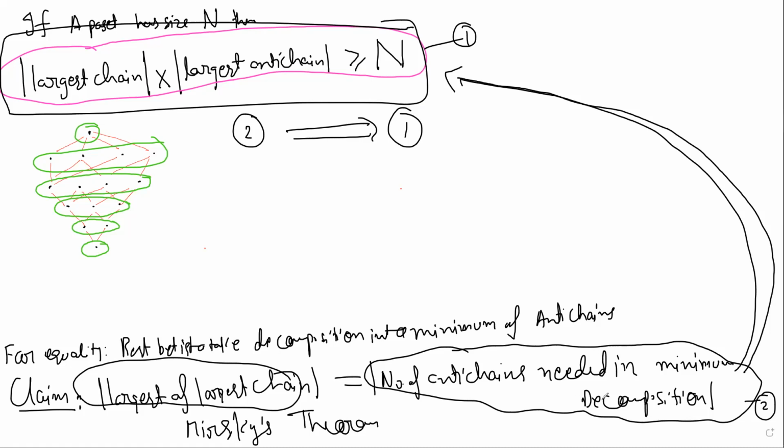You have to use the fact that it's a decomposition. So if you are decomposing your poset into anti-chains, let's say A0, A1, A2, A3, A4, A5, and so on. Okay, so then what is happening? These are the anti-chains, right? And it's decomposing the poset. So it means that the size